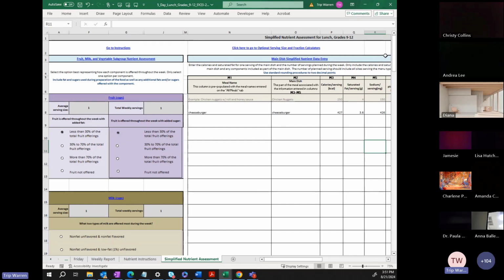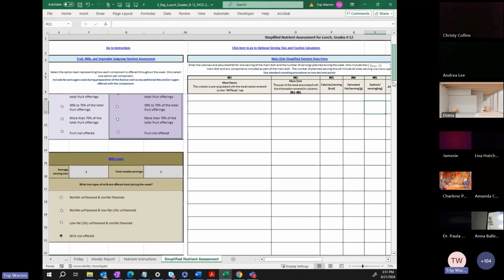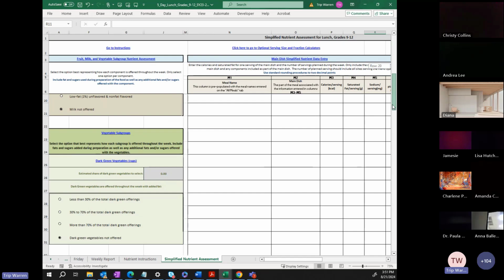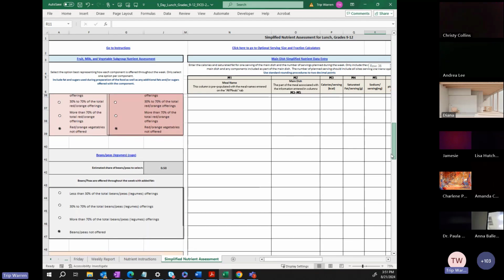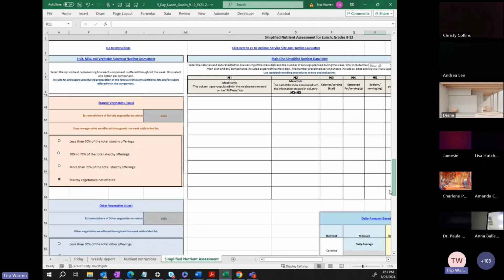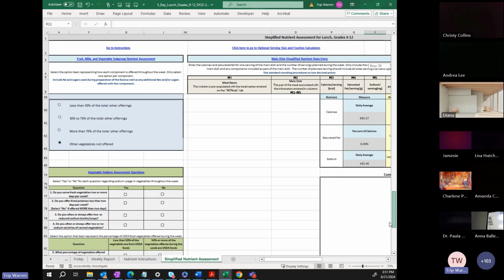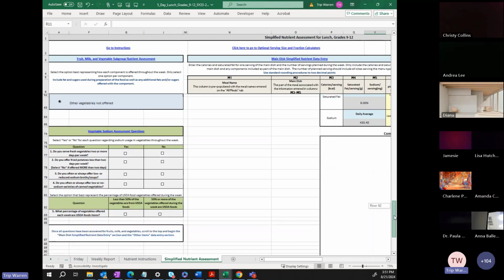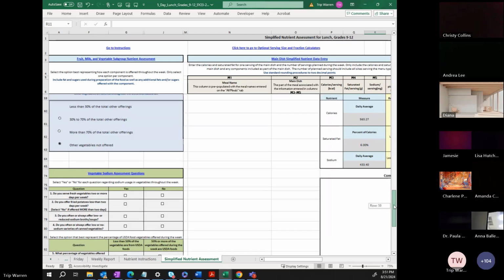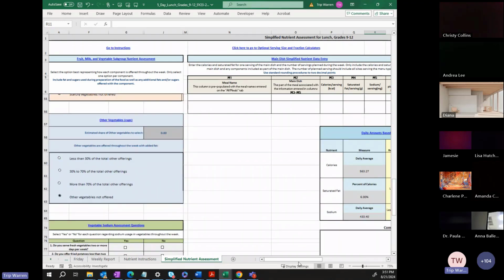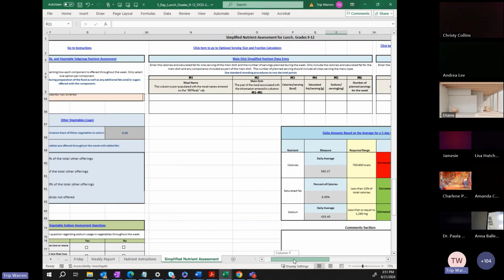And so you answer questions like that on the left-hand side here. You answer questions about milk and the other components, vegetable subgroups, the red-orange subgroups, and likewise. Once we're finished with that, and we've answered all of those questions, we've got some sodium information down here. How much sodium do you use? And in what form do you add it, or is it available? Once we've got all of that information in,